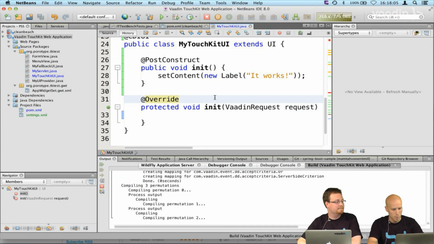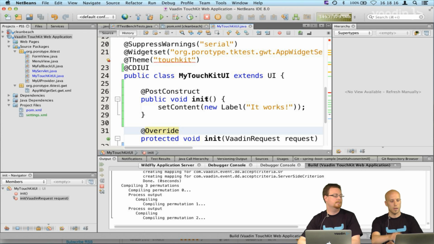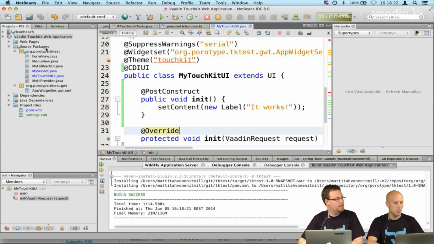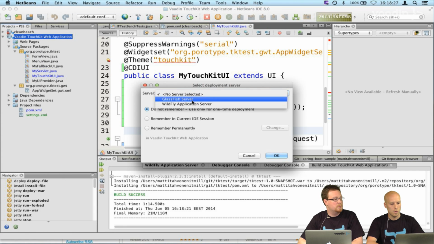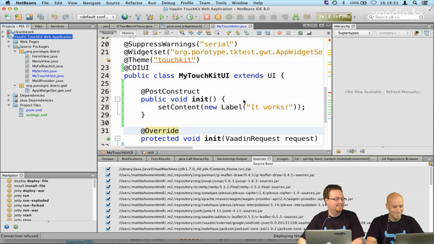Okay, I made a small mistake. I also removed my widget set that I had pre-compiled, but that should be done pretty soon. But well, we can skip ahead. This works, and okay, well, there it is. Well, you can probably deploy it just so that we can tell people that we're not actually trying to lie to anyone.